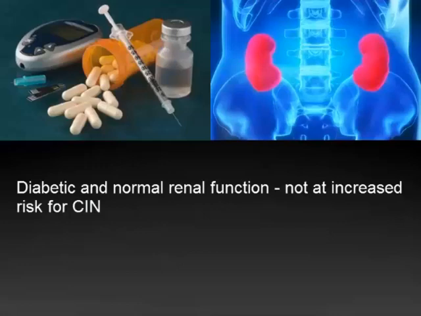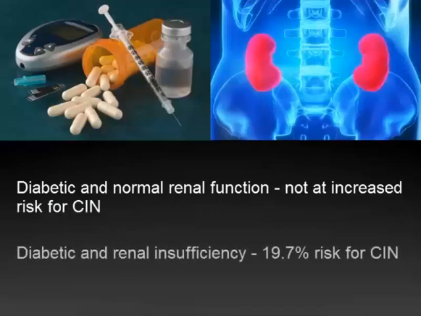0.6%. Renal insufficiency alone, 6%. When you combine diabetes and renal insufficiency, 19.7%. Although patients with diabetes and normal renal function should be evaluated carefully, most appear to be fairly low risk for having CIN. However, patients with diabetes and pre-existing renal insufficiency represent a group with an extremely high risk of experiencing